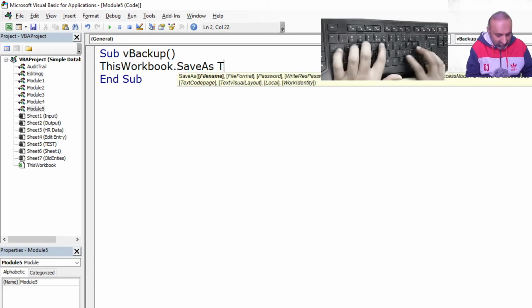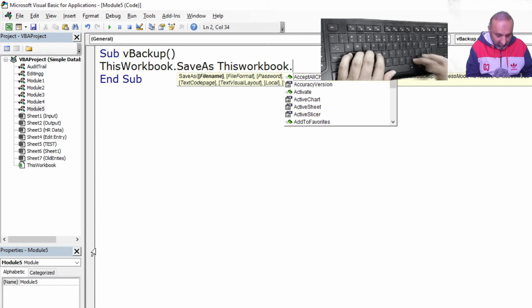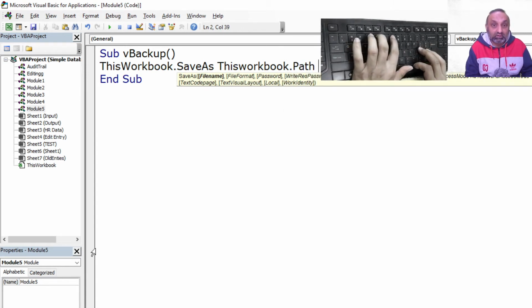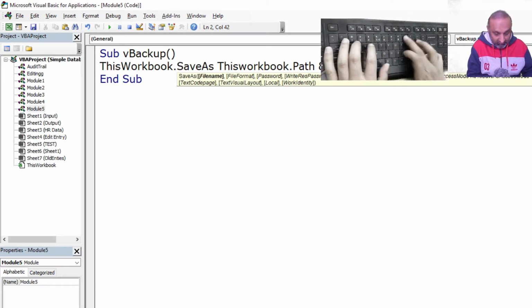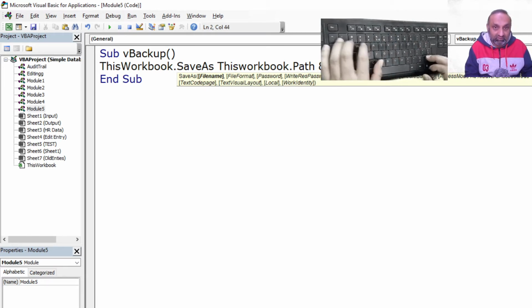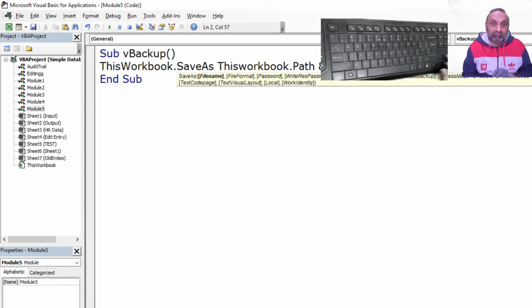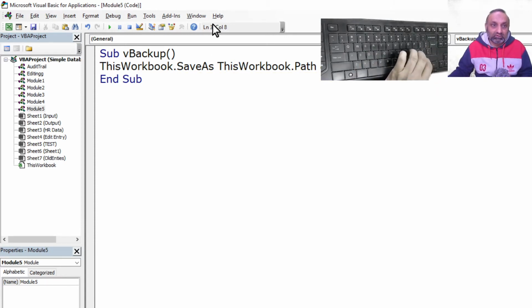The name should be this workbook dot path, and we know we need to put a backslash, and let's say the name is Backup.xlsm, right? So if I use this command and let me run this,